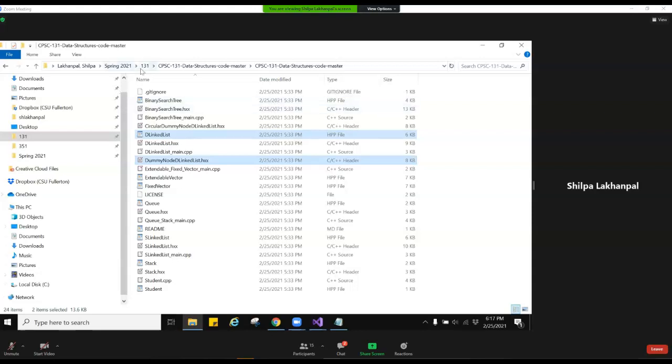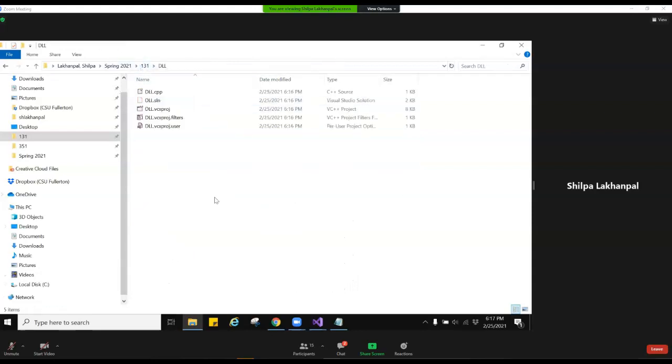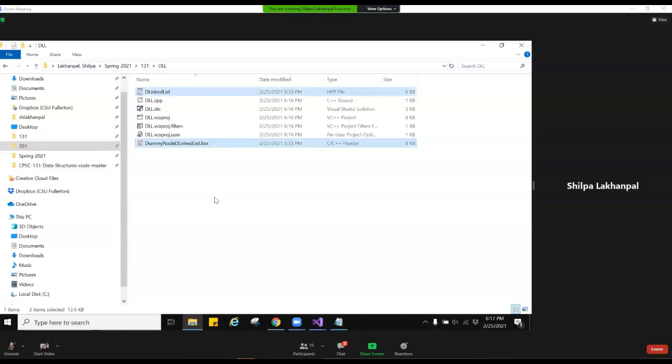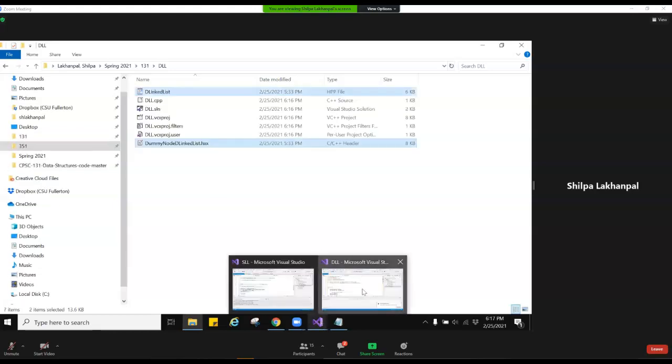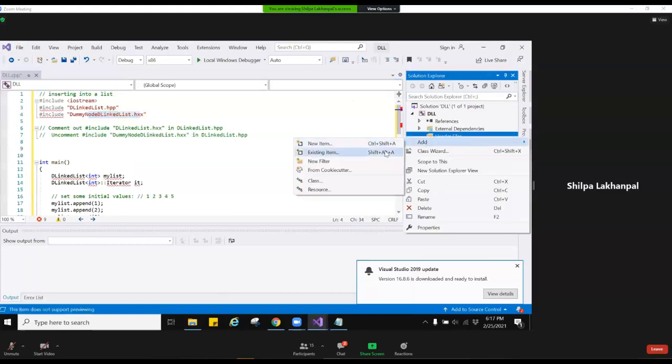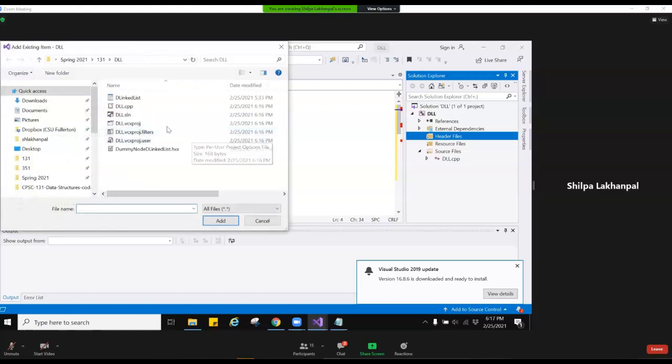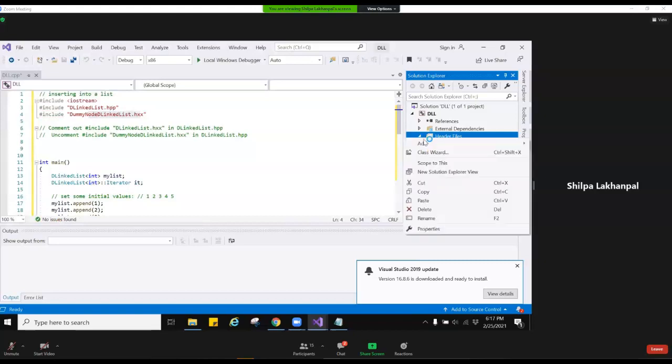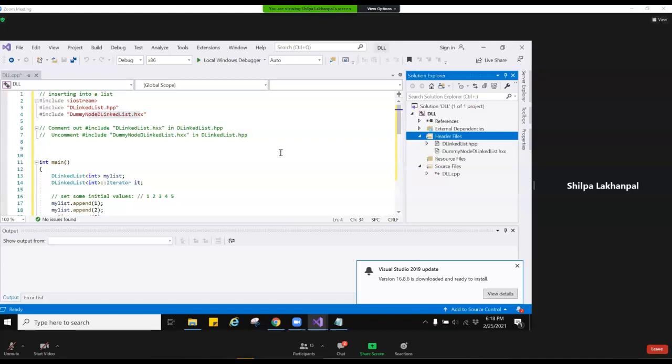and then we will bring them to the DLL project, and then we have to attach it over here. Which is this file, and then this file over here. So now you see those errors are gone, but there's more indication over here. Let me go to the d-linked list HTTP file.